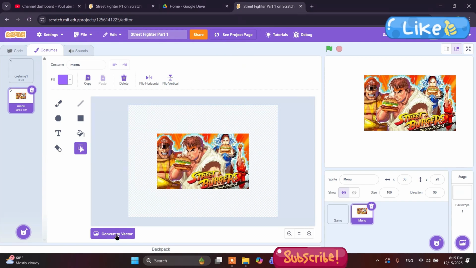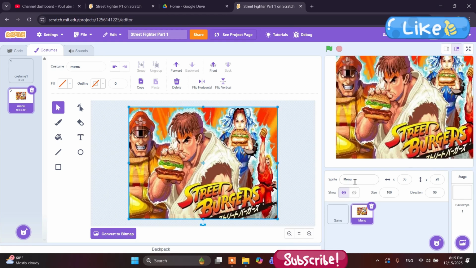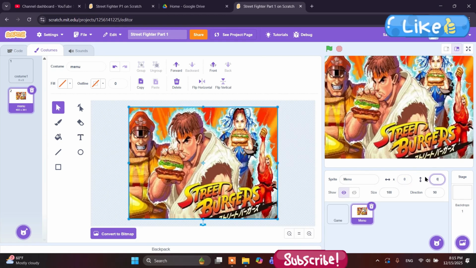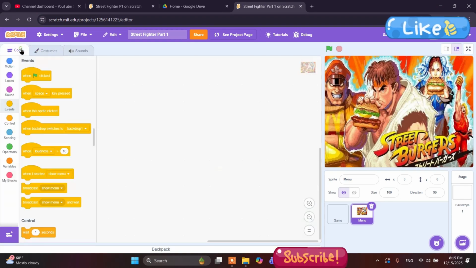Okay, let's adjust the costume to fit on the screen and make sure that the position of the costume is set to X0 and Y0. If you want the costumes that are used in the game, you can comment down below and I can provide you the link. Now let's click on the code tab and go to the events block and find a when I receive a message block